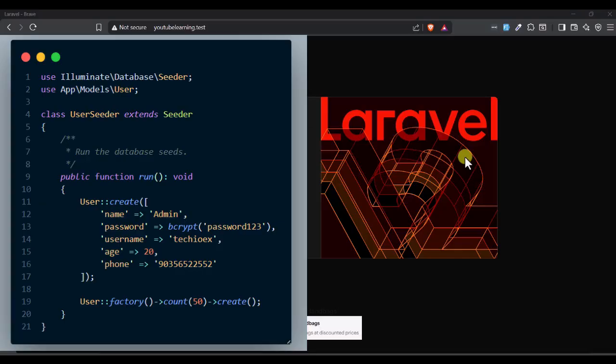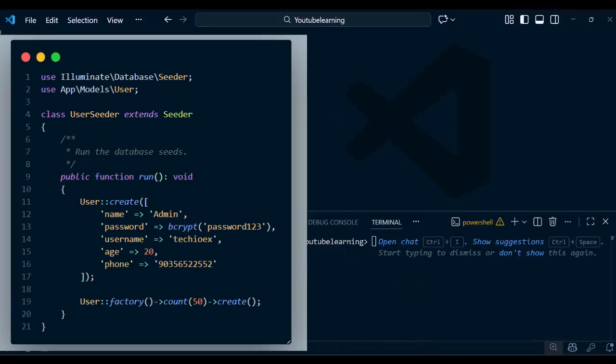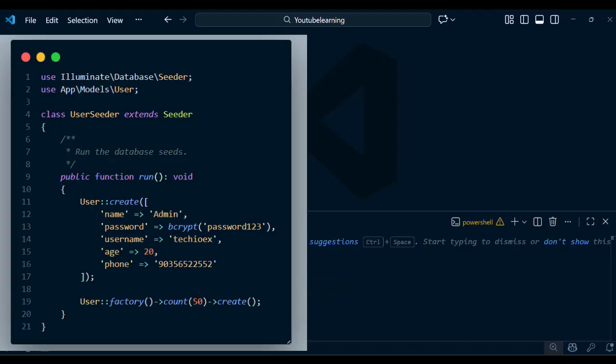All right, let's create our first seeder, and I'm going to show you this step by step. First, we're going to go to our code editor, which for me is VS Code, and I have my Laravel application already open. So the first thing we'll do is go to our terminal. I already have my terminal open, as you can see,